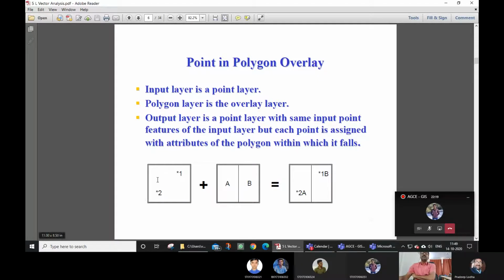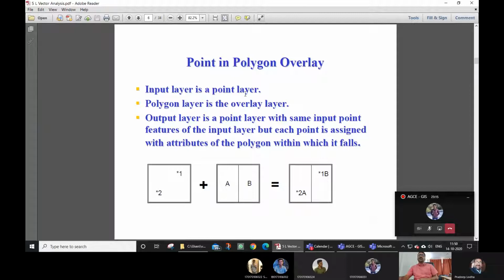When we are overlaying a layer, the input layer is a point layer and the polygon layer is overlaying onto it. What does it mean? First there is a layer with a database, which is the input layer. Now you are overlaying the second layer to generate the third.